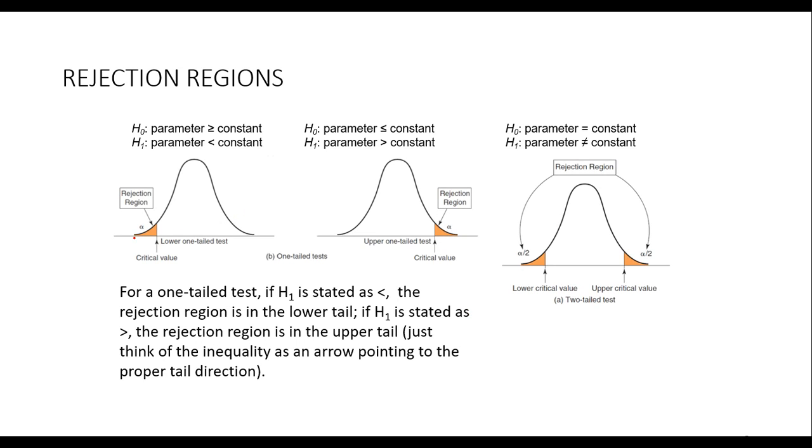So let's look at all of them. Suppose the null hypothesis is that the mean IQ level, or the population parameter you're finding in a particular sample, is more than or equal to a constant. Suppose this is one sample, the test you are interested in, and the alternate hypothesis H1 is that the parameter is less than a constant. So always look at the alternate hypothesis. If the sign in the alternate hypothesis is less than,